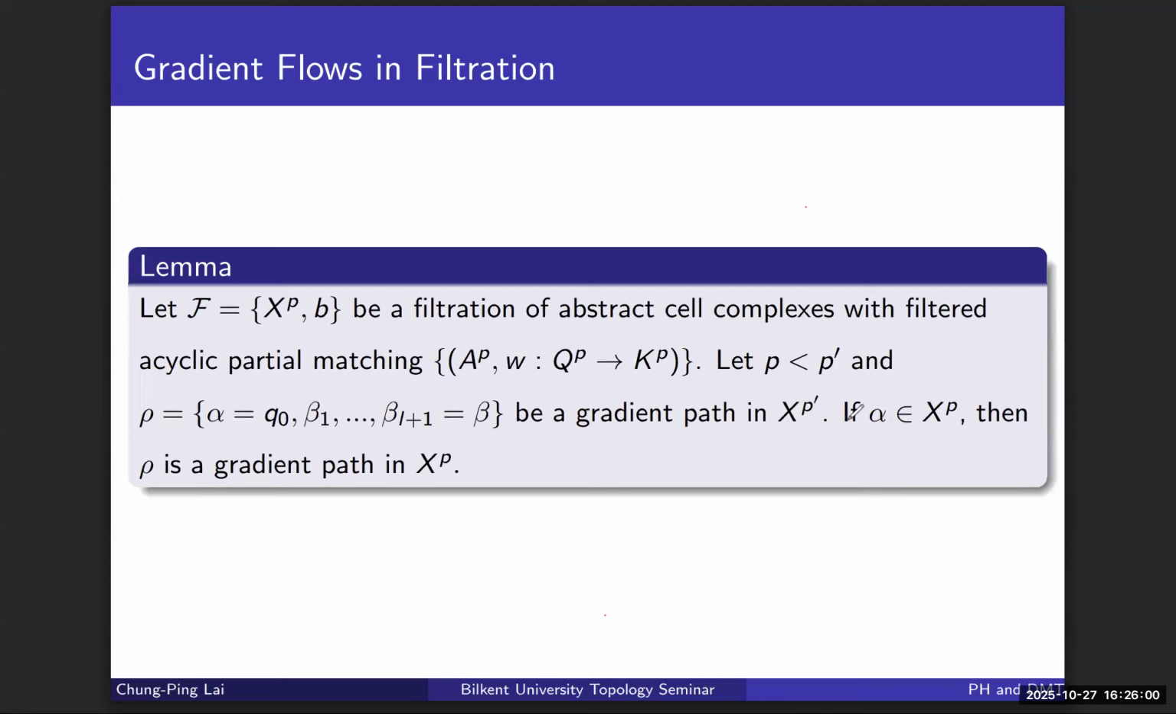So the idea of this lemma is that it depends on where alpha starts, basically. It depends on where the first cell of the gradient path occurs. The first cell of a gradient path is always going to be a critical cell. And depending on where the critical cell is, you don't have to